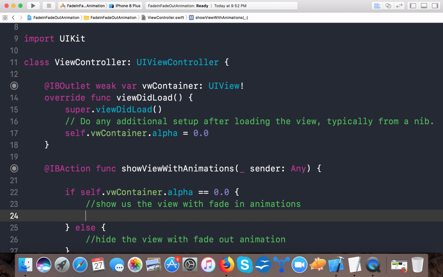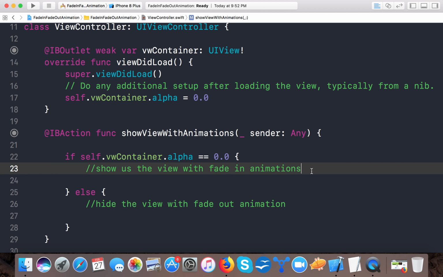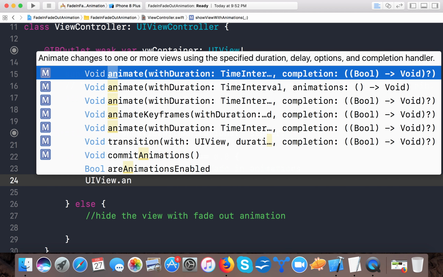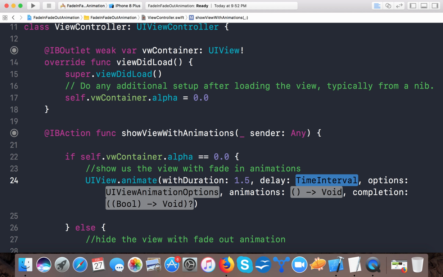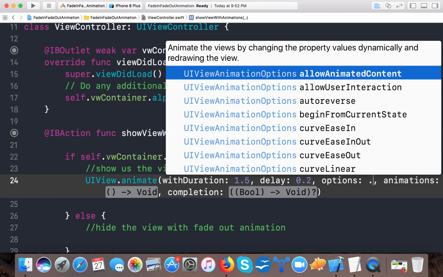So here, in order to create the fade in fade out animation, we will use UIView.animate. There are so many methods, you can use one of them. So we will use animate with duration and delay options. Here we will specify the duration 1.5, delay will be 1.2, options will be dot,